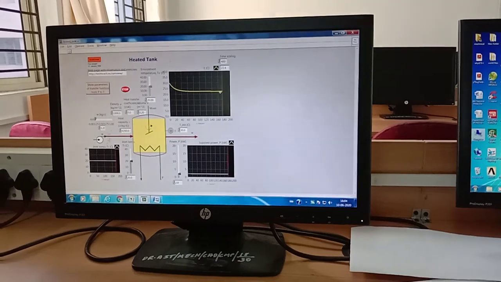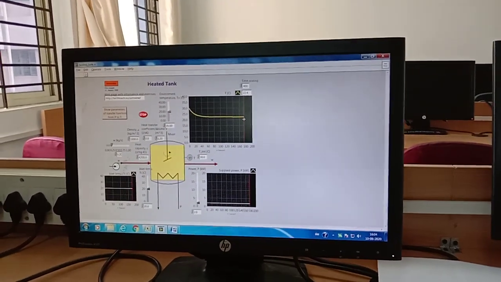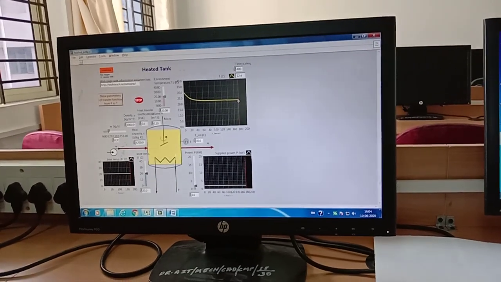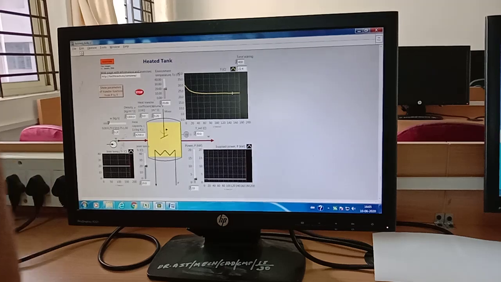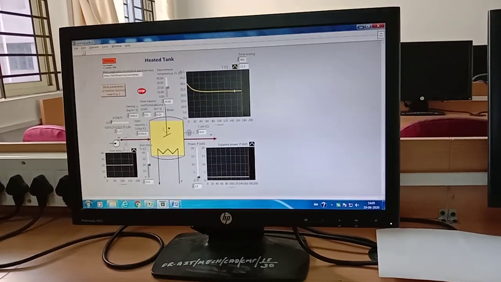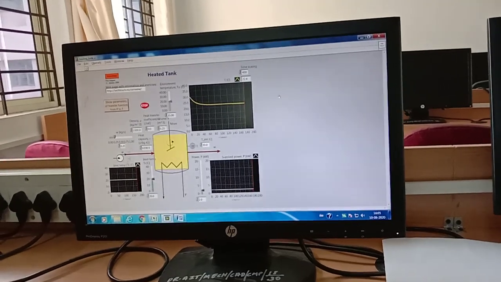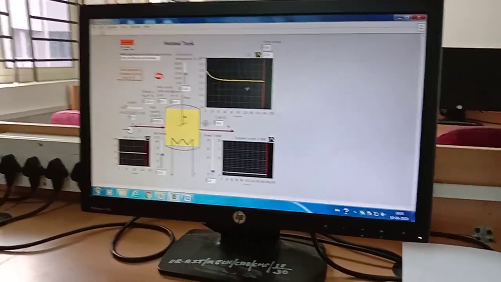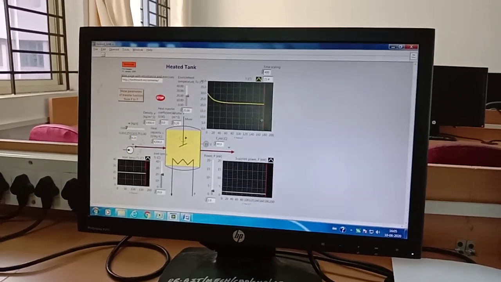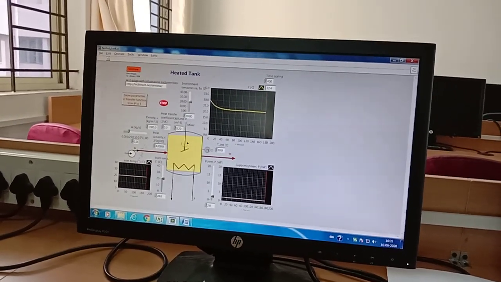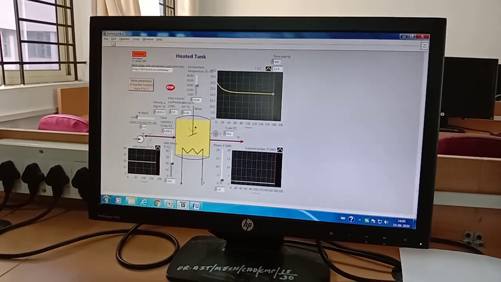So I am getting 22.4 degrees Celsius, and in what time I am getting it, that I have to see. After a few minutes, it will settle to a particular temperature, that is, it will come to 22.4 degrees Celsius and remain at that same temperature. The time at which it attains 22.4 degrees Celsius is my settling time. I require that reading also.